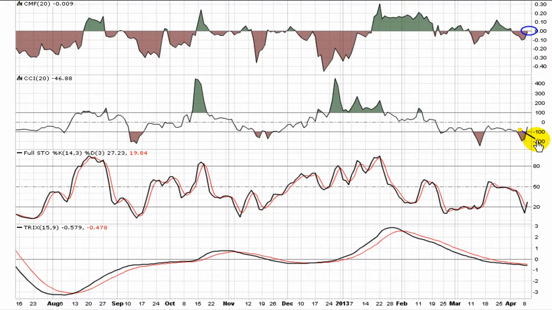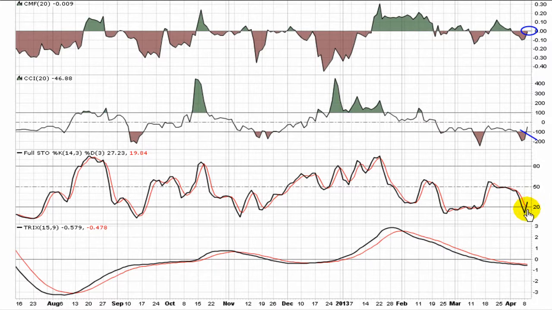CCI making its break through negative 100. Bottom feeders will use that as a buy point. It'd be a hold until it breaks back down through negative 100. Full Stochastic, it's very early on, trying to come out of a little bit of oversold territory. Not getting much from the Full Stochastic, but a rotation off that bottom signals very early signs of momentum